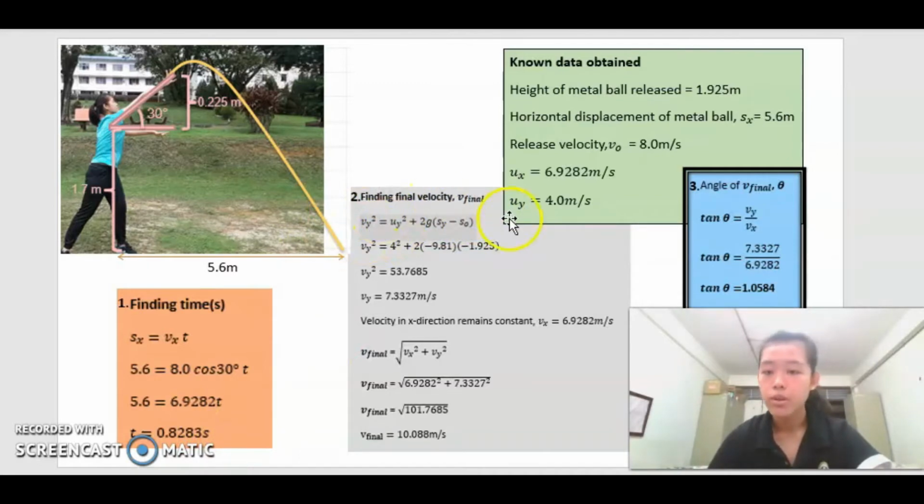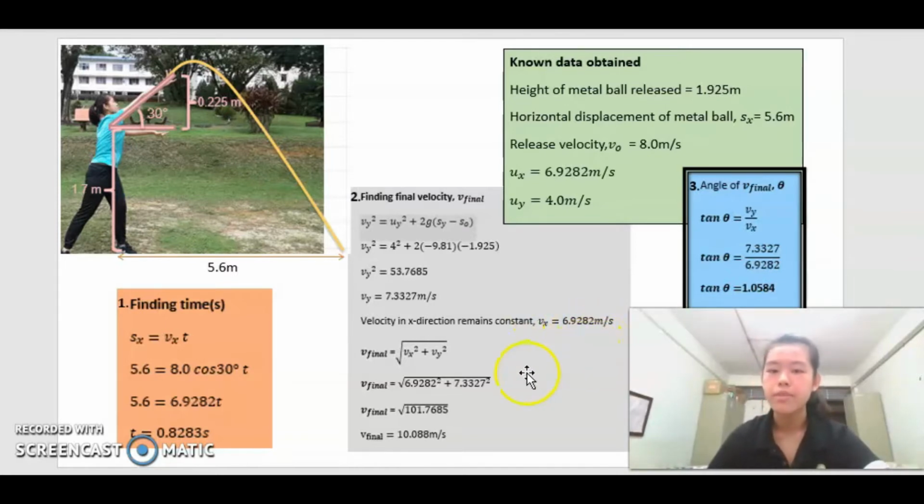Secondly, we can find the final velocity. First of all, we know that the initial velocity is calculated, and by using this formula, v square is equal to u square plus 2as we can find the final velocity at the y component. So the final velocity at the y component is 7.3327 meter per second. Throughout the motion, the velocity at the x component remains constant. So the final velocity is equal to the initial velocity, which is